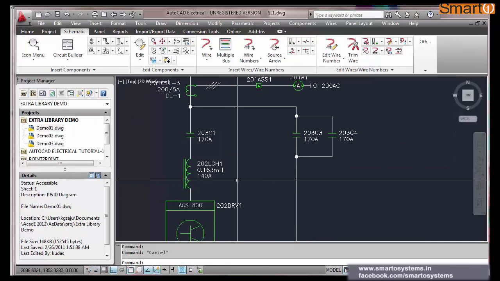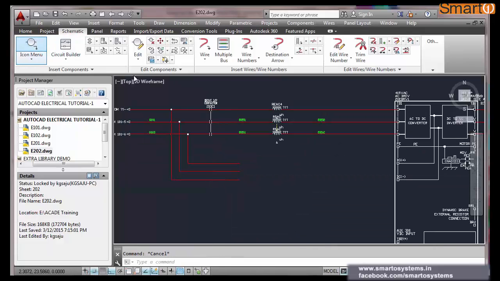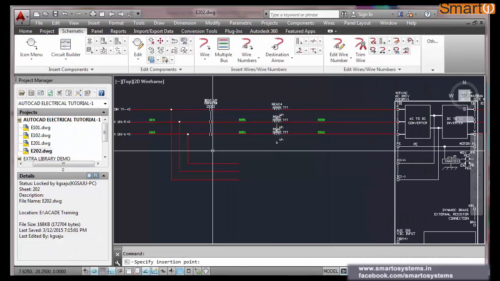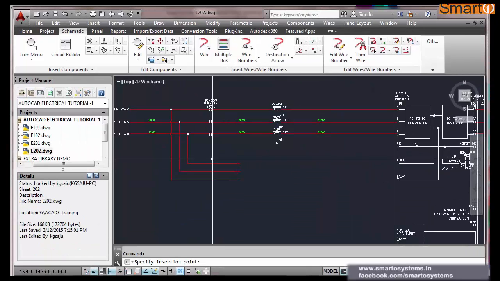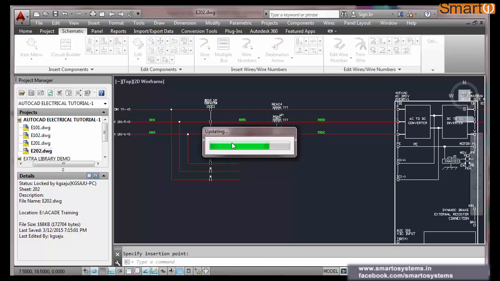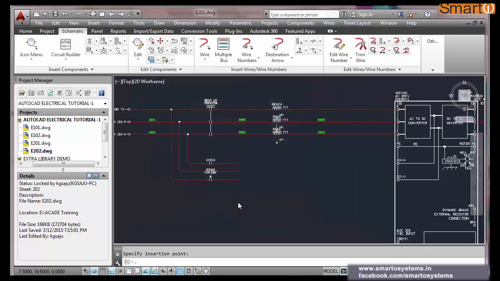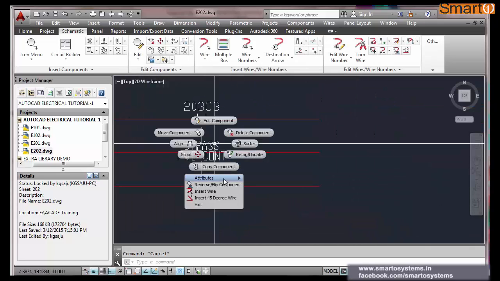I'll draw a few. And I will again put a contactor here. Going to put the contactors, that is 203 C3. C3, bypass forward contactor. Okay, this is bypass forward contactor.